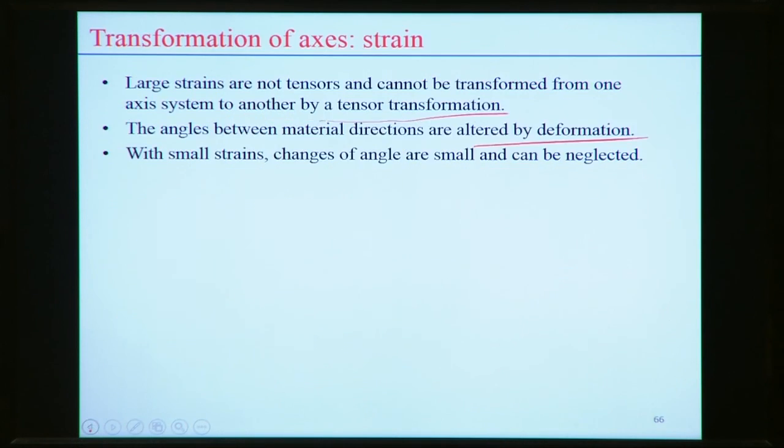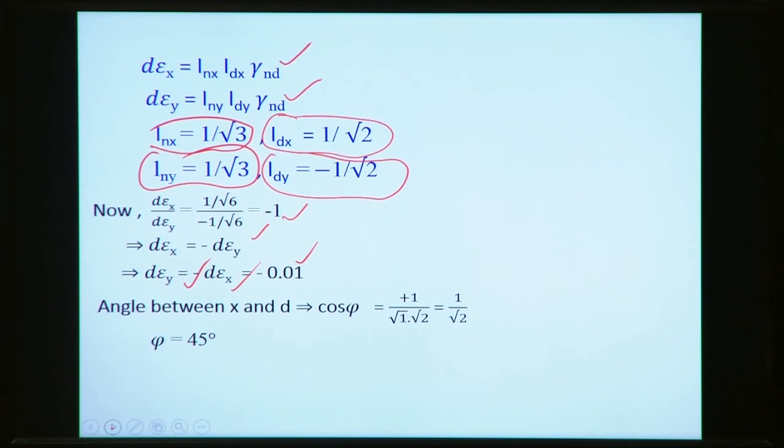But with this analysis we can find out that in this problem we are actually not using the data of the applied stress, because we assume that the normal strain along the x-axis is given by the two direction cosines and the shear strain with respect to the n-d system. Similarly, with respect to y, the same amount of shear strain acts along the direction d on the n-d plane. That's why the direction cosines are the same, so the range of the strain along the y axis is also the same.